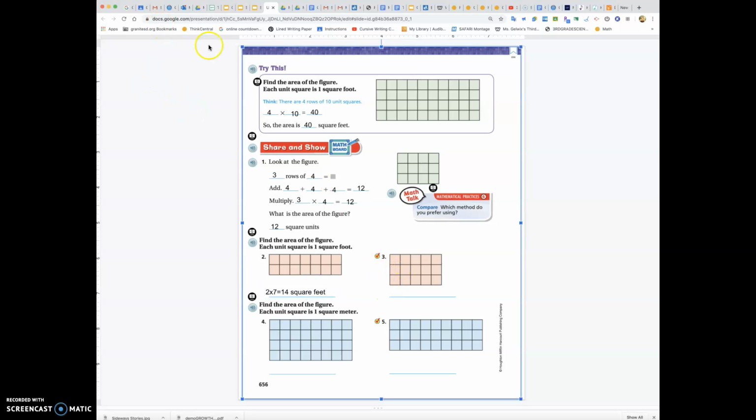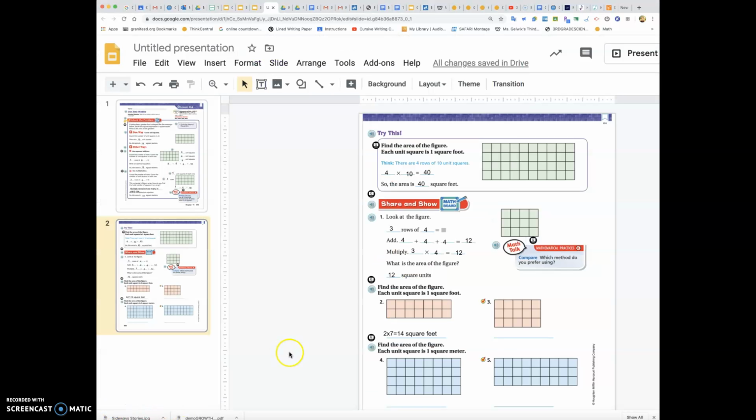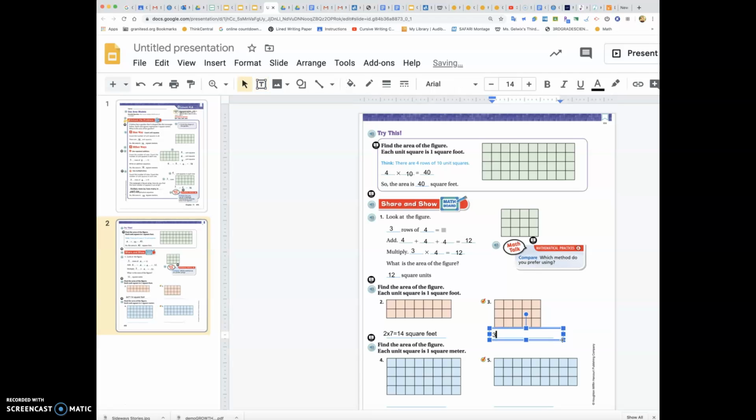Okay, so number 3, how many, sorry, I lost something there for a second. So we have 1, 2, 3 rows. And then how many are in each row? 1, 2, 3, 4, 5. There's 5 in each row. And that gives me row 1, 5, 10, 15. And to abbreviate square is SQ period. Feet is FT period. Square feet. Okay. Then we go to